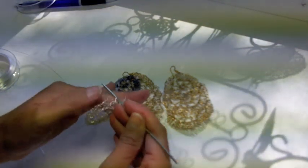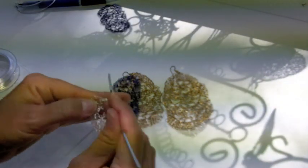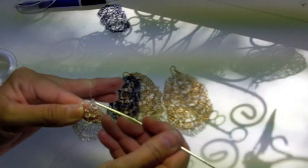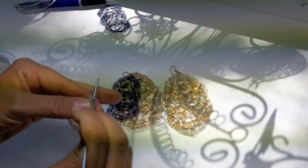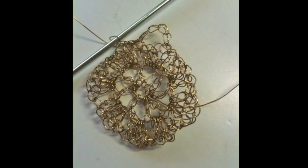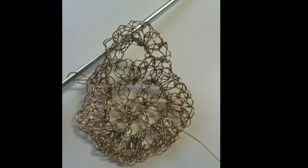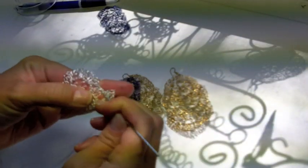We're going to turn our work and work into that chain 4 space that we just made. And we're going to start with a double crochet, and a chain 1, and we're going to do that 5 times. Then we're going to do 1 more double crochet into the ring,